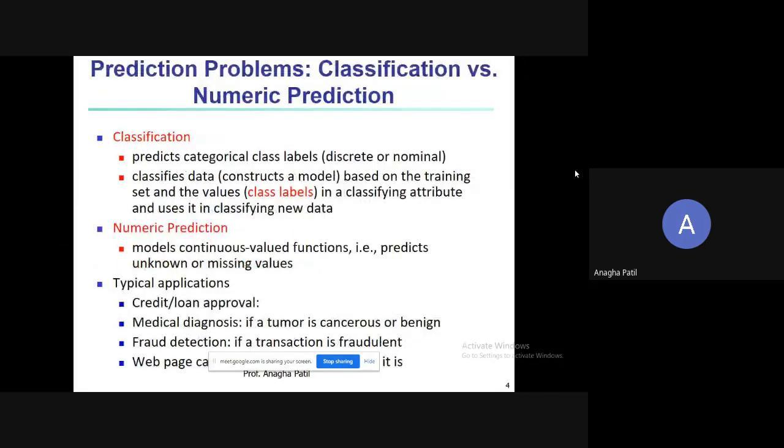So what is classification basically? Classification is basically where you're trying to predict the categorical class labels. Categorical, or simply we'll say where the attributes are given as names. For example, we have hair color. So it can be red, brown, black. So here the attribute values are the names of something, say, the name of a student or something like that. So which could be discrete or nominal.